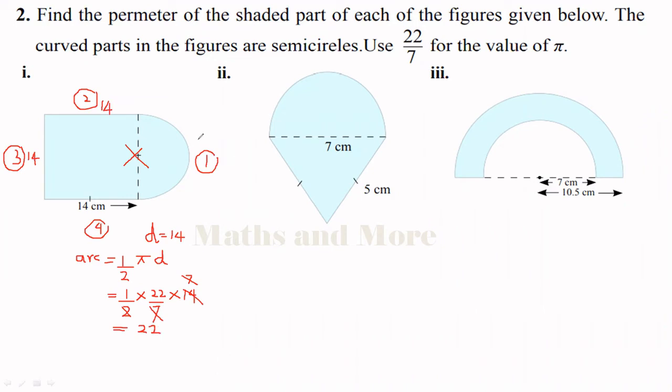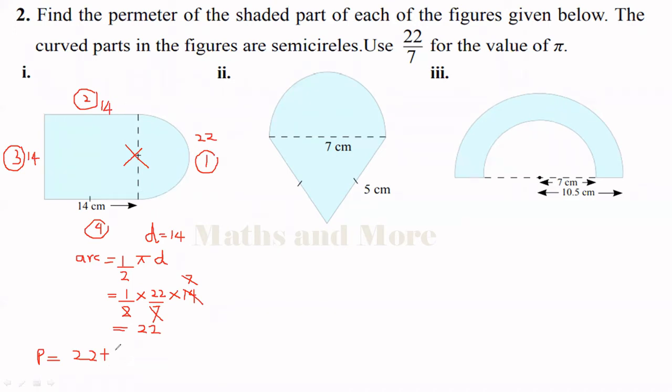Then you know here 22. This here to here distance is 22. And now let's find the perimeter. If you want, write the complete word perimeter. Otherwise, you can write P. And now let's add. This length is 22. This length is 22. Okay. That is 22 plus this length is 14. Here to here, here to here.